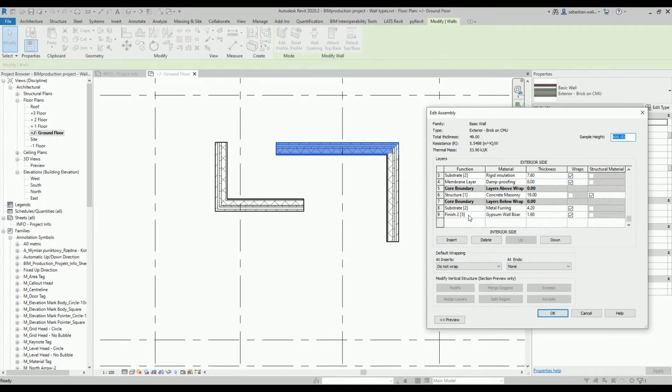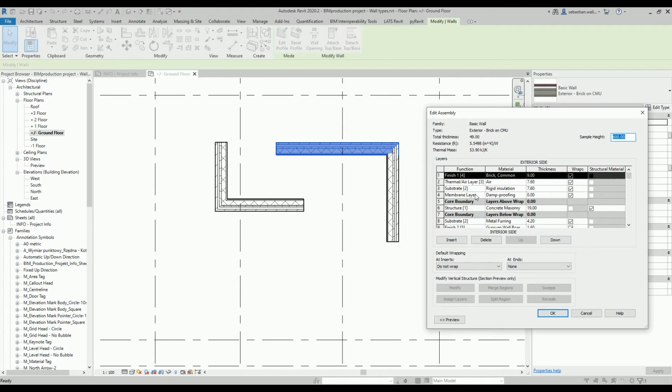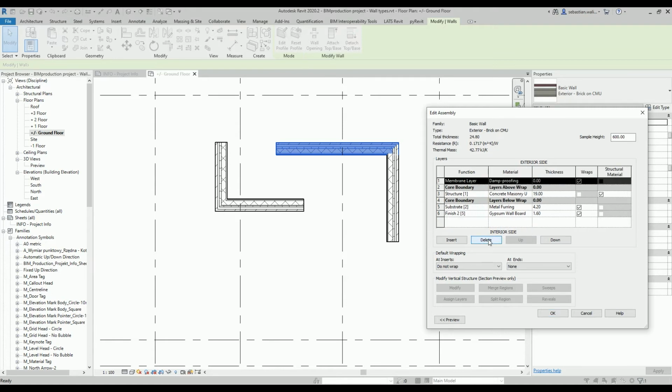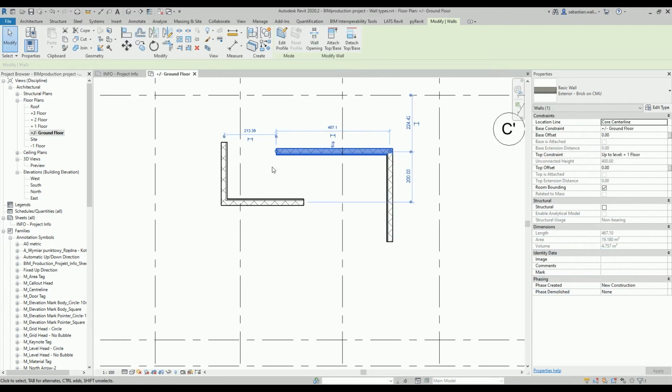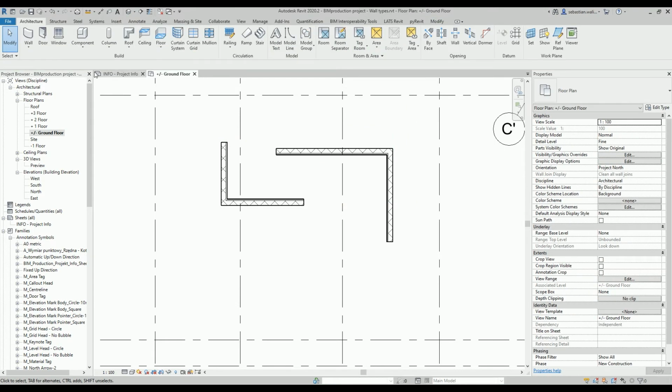For example, I will remove these four layers by deleting them. Okay, I did it for all existing walls in the project. So I will undo my changes,